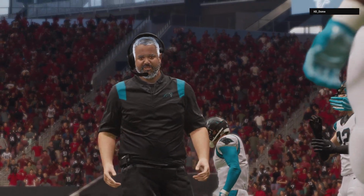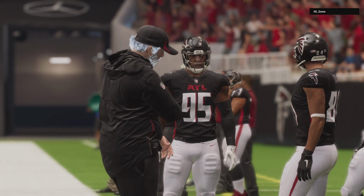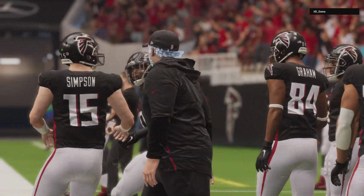Well, this ball game was close throughout. Remember, it was neck and neck at intermission, neck and neck at the end, but a great job to come in